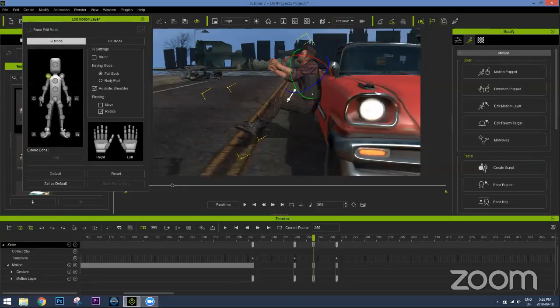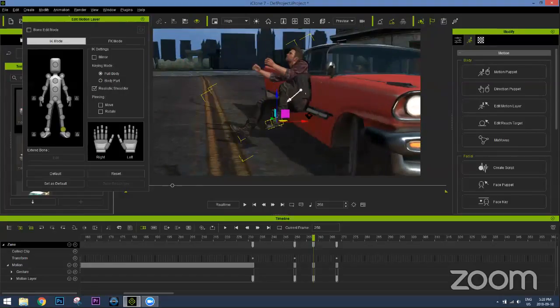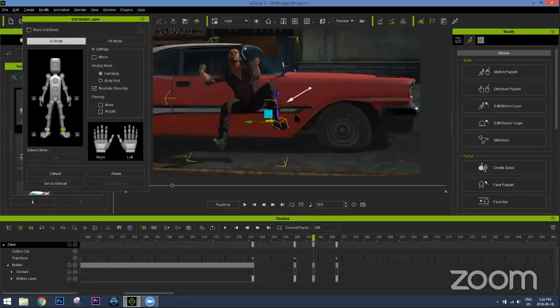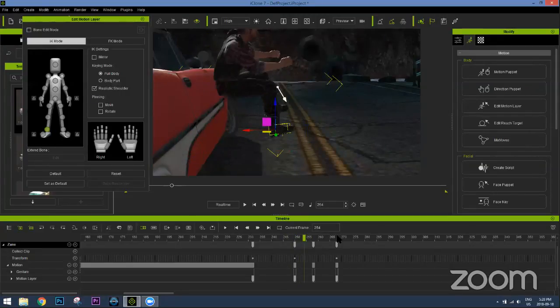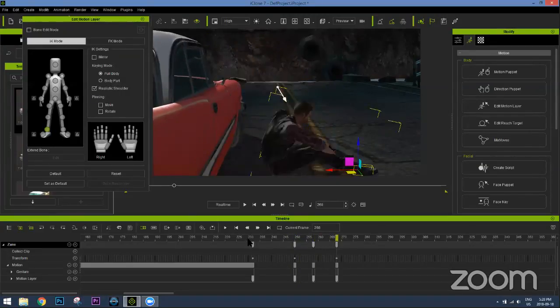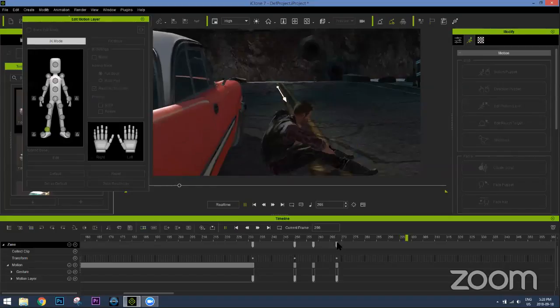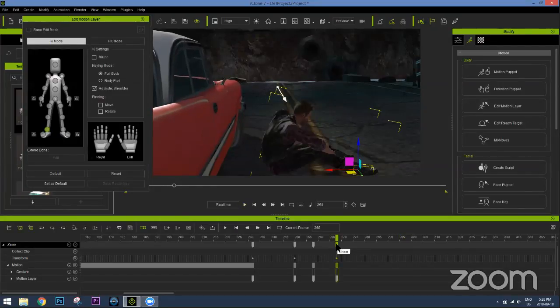And let's just go ahead and maybe take the feet as well. We'll move those feet slightly to the side like this, because maybe the impact with the car has kind of impacted his body a little bit. I'll take this one up as well, just like this. All right, so then we have this, like that. Now, again, the landing is a bit too smooth for my taste, so we can do